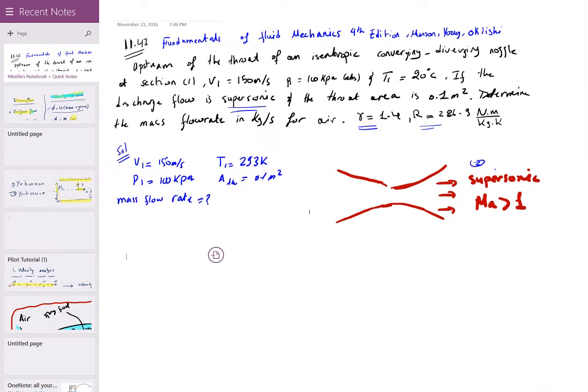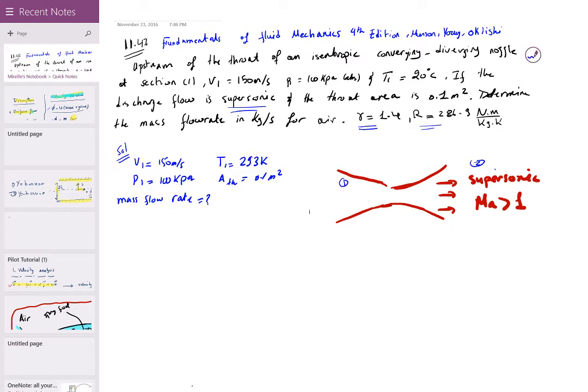Okay, so we'll move forward with another problem from our textbook, Fundamentals of Fluid Mechanics, 4th edition. Authors are Munson, Young, and Okiishi. It's problem number 11.47. Upstream of a throat of an isentropic converging diverging nozzle at section 1 here, velocity is